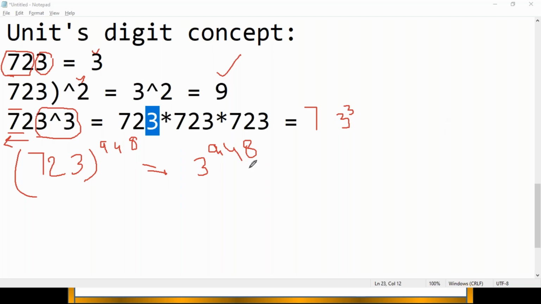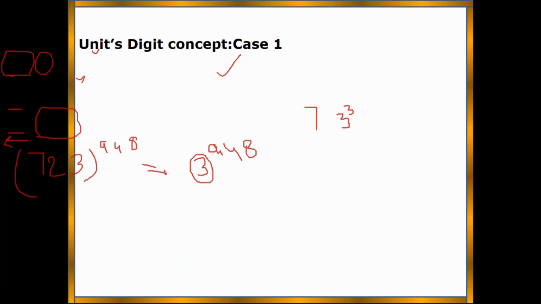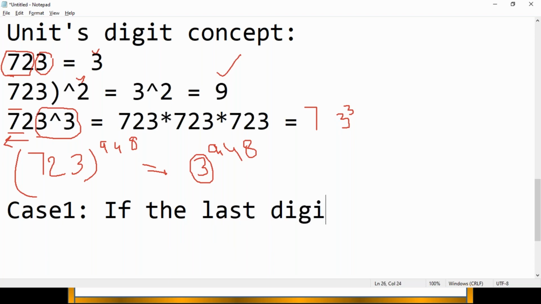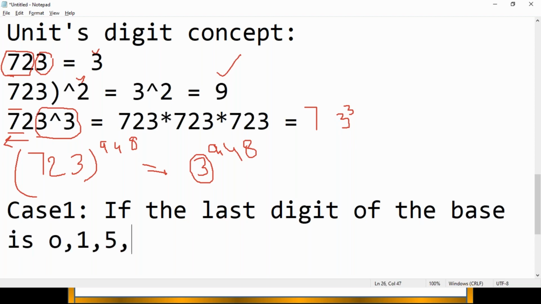Understood, all of you? So based on this concept, if in this place the power may be 1 power, 2 power, 3 power, and so on up to 9 power, then what is our concept here? So write down case number 1. If the last digit of the base is 0,